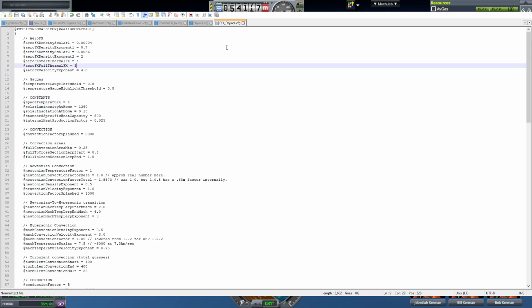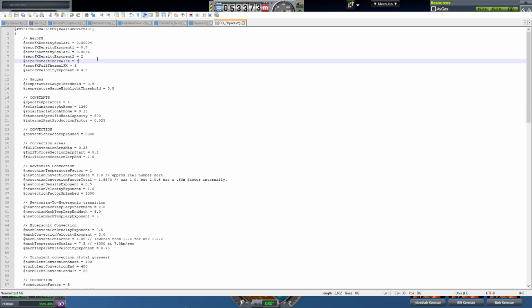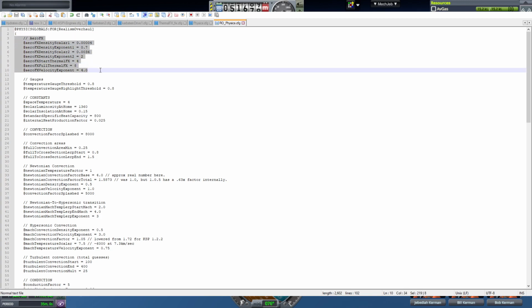And that is in aro_physics.config in Realism Overhaul. There is a modification on the physics aero FX. So in your KSP folder, there is a physics.cfg. Don't mess with that because it's already being overwritten by this stuff in Realism Overhaul if you're using Realism Overhaul. If you're not using Realism Overhaul, you can maybe make a similar patch like this saying @PHYSICSGLOBAL and then make it FINAL instead of for Realism Overhaul if it's only for your own use, and then maybe adjust these numbers